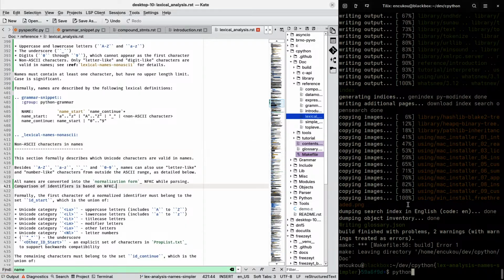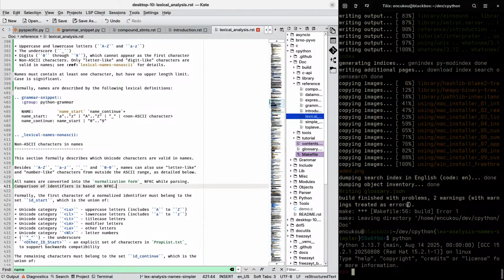So what I'm looking for is, if I use something that's not NFKC, what would that be? Like emojis, maybe?